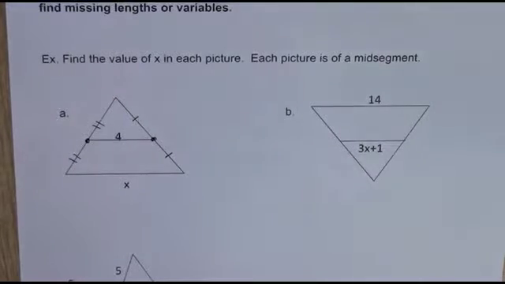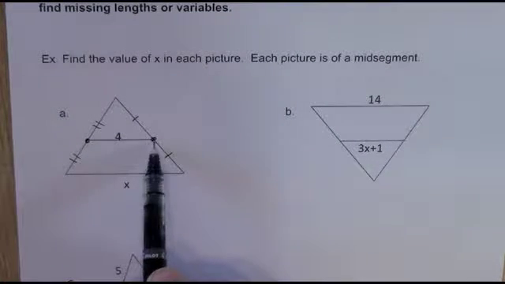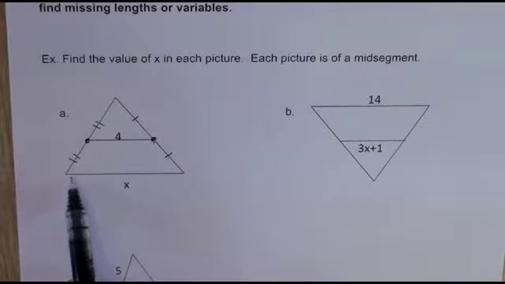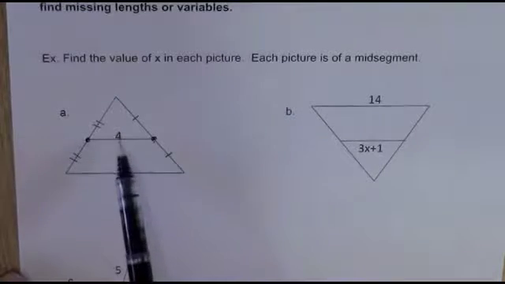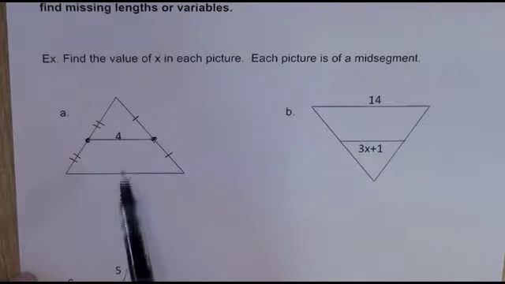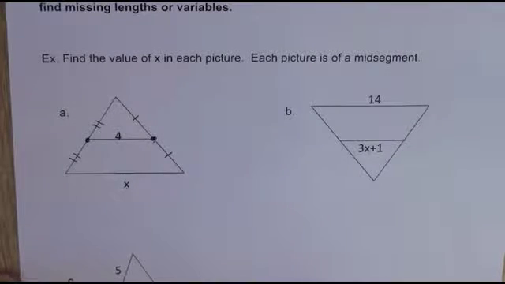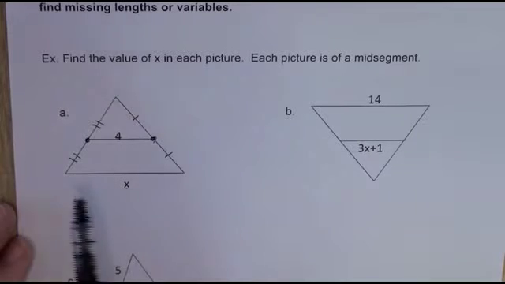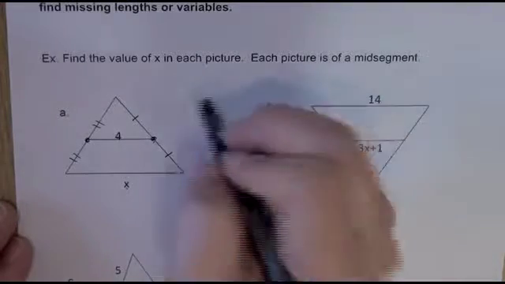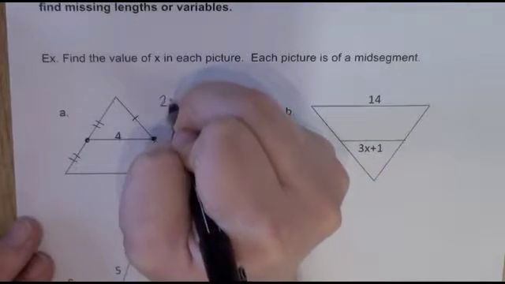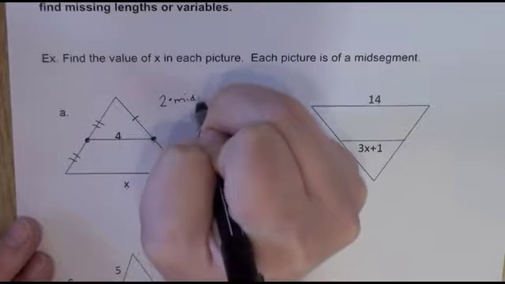Now the relationship here is that the midsegment length is half of the length of the opposite, or parallel, side of the triangle. So here we have 4, here we have x. 4 will be half of what x is. Now the other way to say that is that the parallel side is going to be twice as long as the midsegment. So what we can do is take 2 times the midsegment,